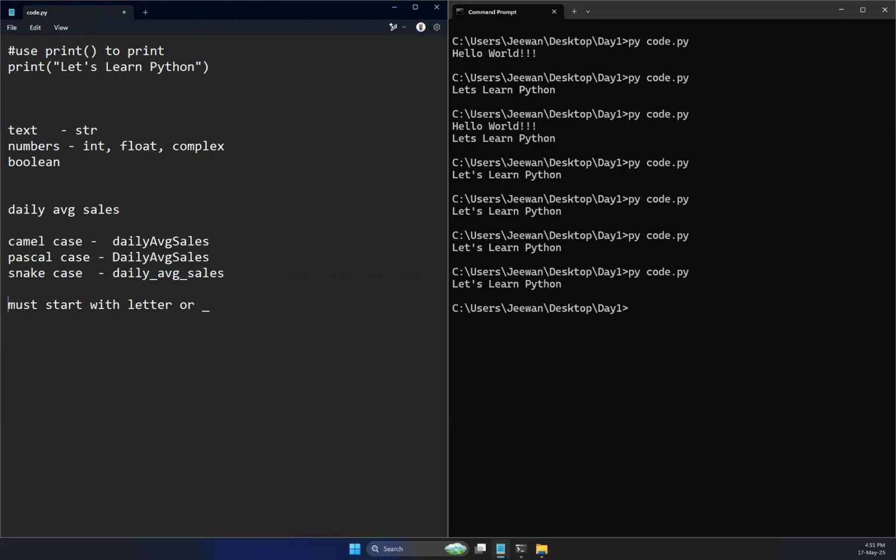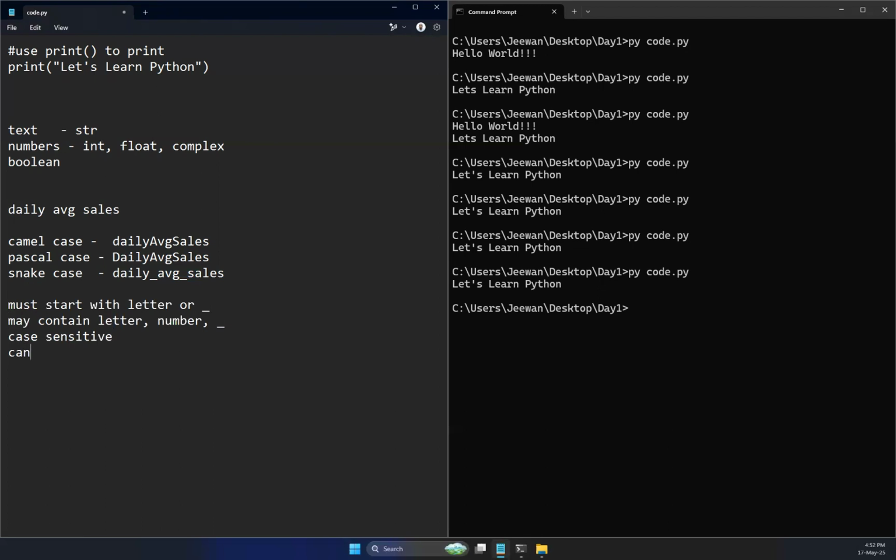That means you can only start with a letter or underscore. A variable name may contain letters, numbers, or underscore. Or in other terms, you can say alphanumeric characters plus underscore. And this is case sensitive. Variable names are case sensitive